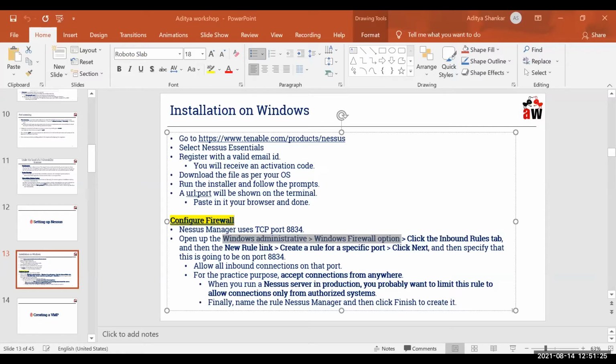So once we follow the prompt ahead, next and then finish, finally we can give a name to this rule, like I have done this Nessus manager. So like this, your firewall rule is created, and with this, you can actually